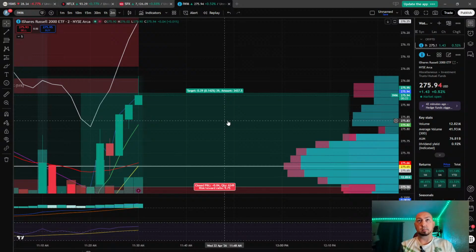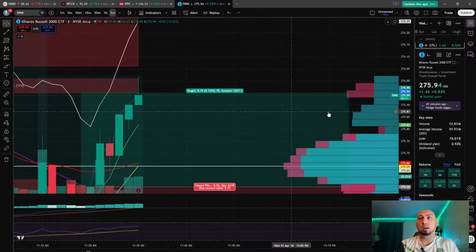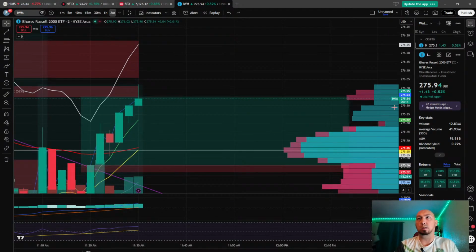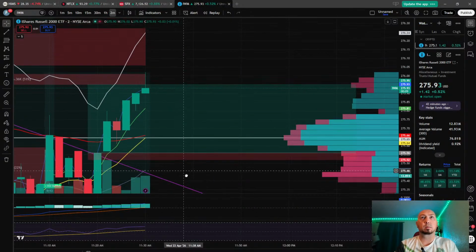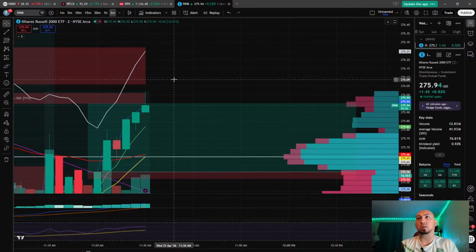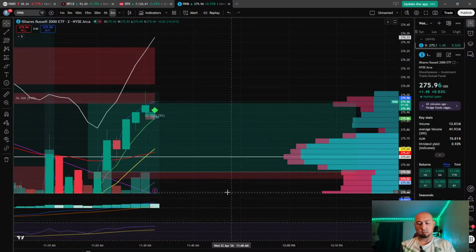Yeah, see what it closed right there. I still think we have room. It hit these and it bounced back, but I think EMAs are looking good. We got good pressure, good buying power. I want to see it at least hit 276.10. So we're going to do a sell order at 5.5.